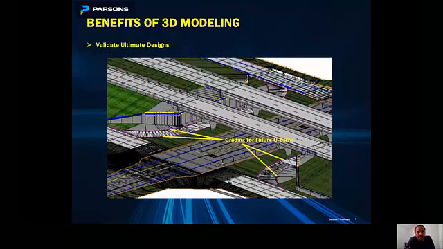This is one of the intersections where the cross street had future U-turns, and we had graded these U-turns in the interim condition using the ultimate U-turn profiles. And we were able to accurately grade those areas to make sure that there are no drainage issues in the interim condition. And also we were able to produce the finish grade and bottom of walls for these abutment walls accurately based on the ultimate condition, and also they would work for the interim as well.